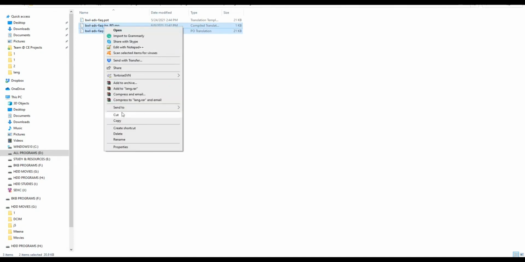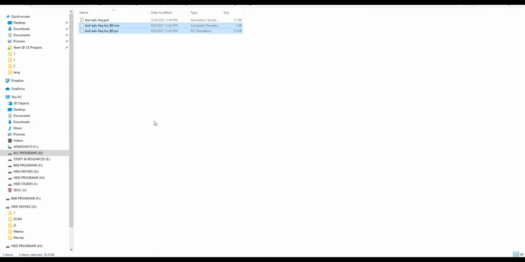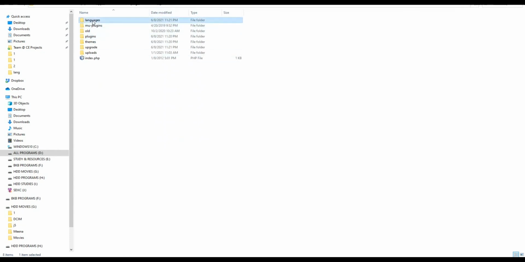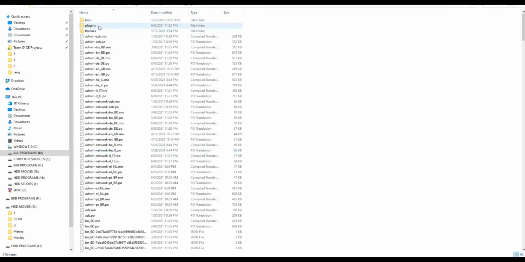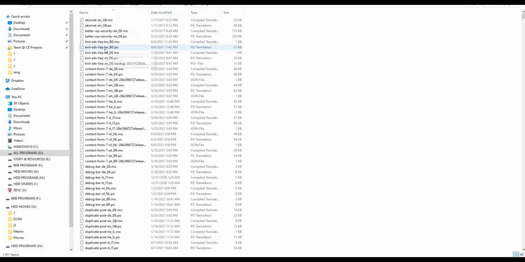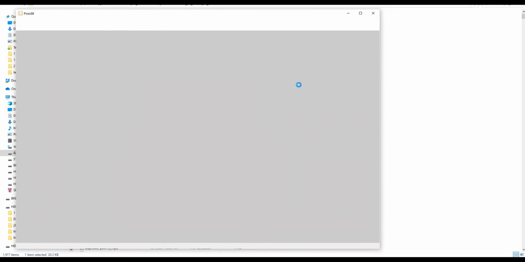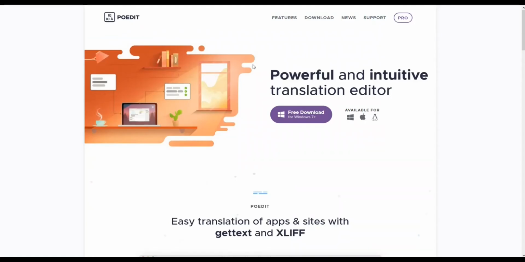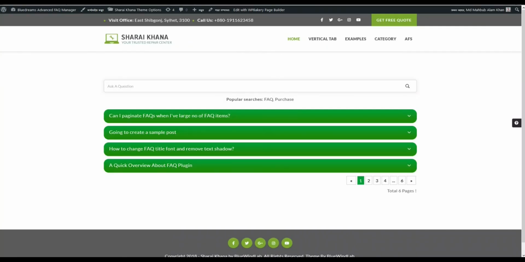Simply cut these two files from here and add them into the plugin's lang folder, and the .pot file stays here. Now if I refresh the page,